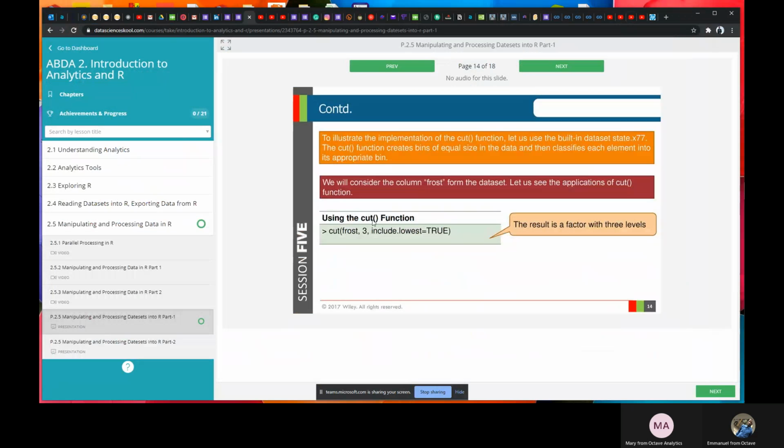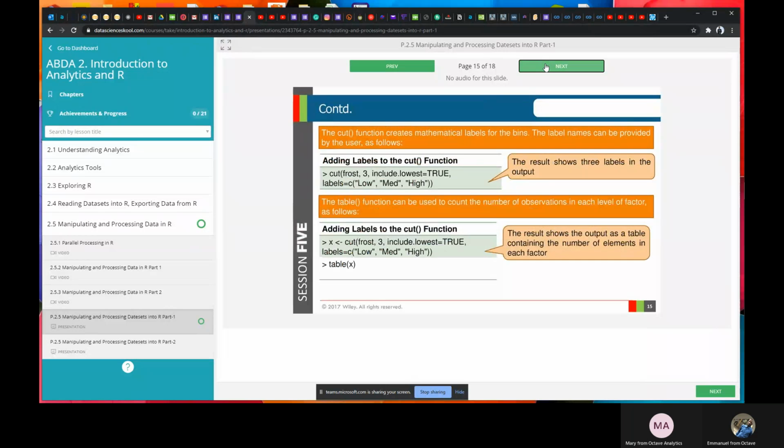So cut first column, comma 3, comma include.lowest equals TRUE. So apparently you want to divide the values in the first column into three equal sizes. Let's see the next slide.